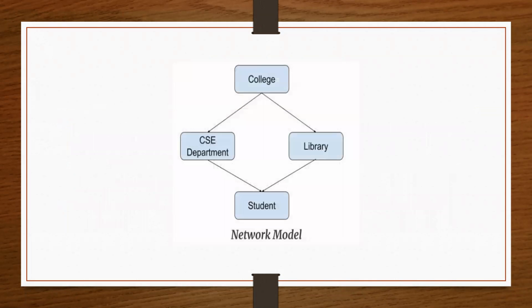Okay, you can see in the figures. The student is a child. But this student table is connected with the CSC department and also the library. So CSC department is a table, library is a table, and student is also a table. Okay, college is a database. In the college database, we can store the department information, library information, student information. The student is a table, CSC department is a table, library is a table, and we will store all this information. Then the student table is connected with the CSC department and the library also.